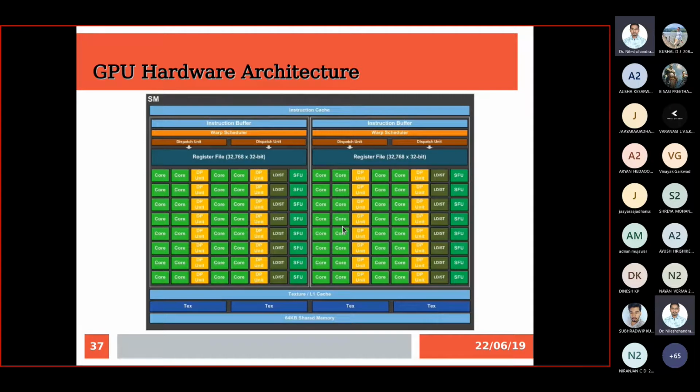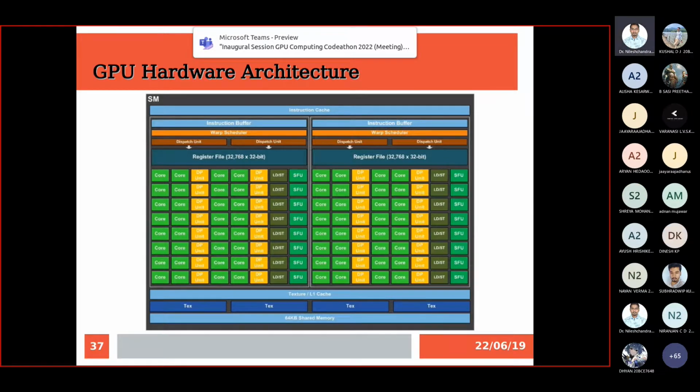Can you answer? 16 multiprocessors, and every multiprocessor has 64 cores. So what will be the total number of cores here? 16 into 64, right? So these many cores are present in your GPU with respect to this architecture.